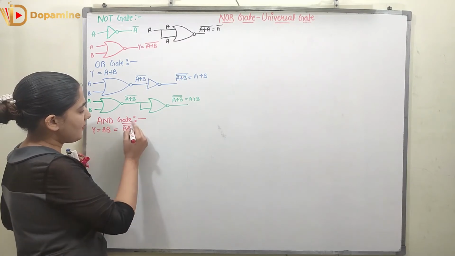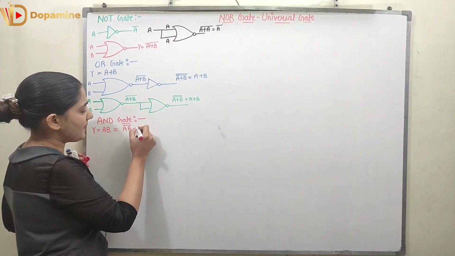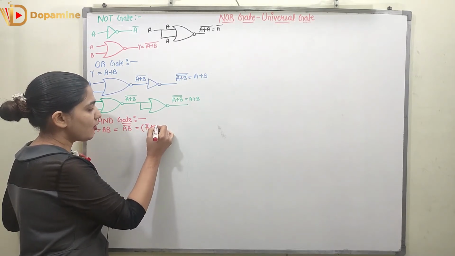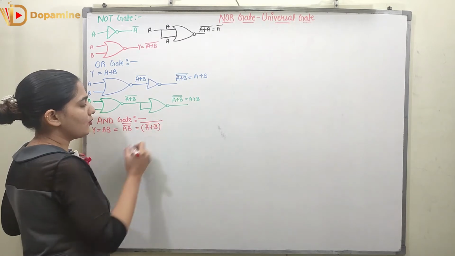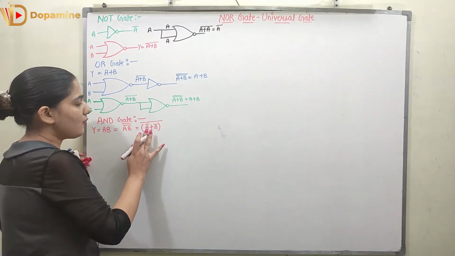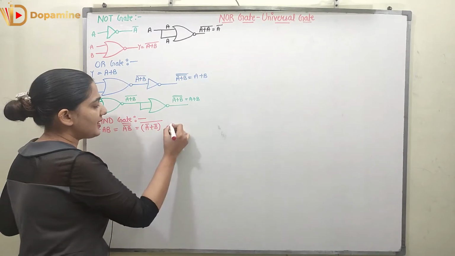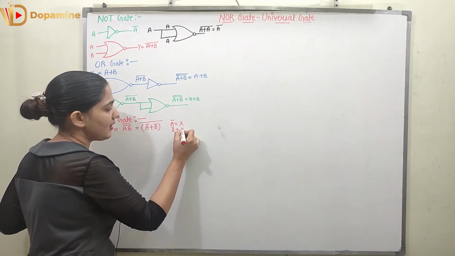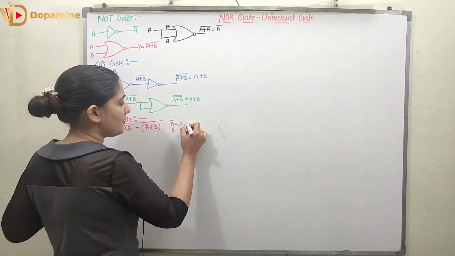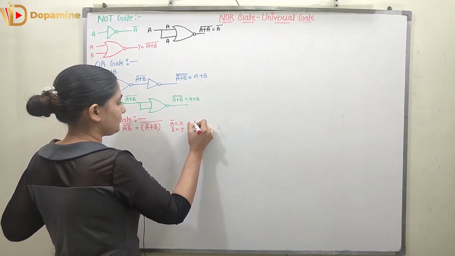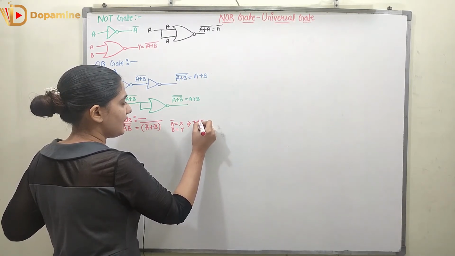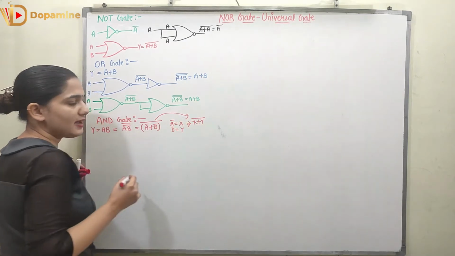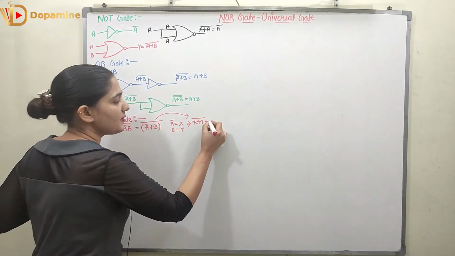So now here, if I just see AB complement, so if I use the De Morgan's law in the AB complement, we will be having A complement plus B complement whole complement. Right, so now I know if I take A complement as X and B complement as Y. So now let's put X and Y over here. So I will get X plus Y whole complement. Right, so this can be represented as X plus Y whole complement.